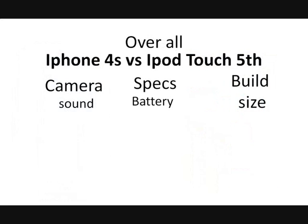Okay, now to my overall view. The iPhone 4S and the iPod Touch 5th generation are very similar. The main difference is that one's a phone and one's not. So it all depends on the price you can get it at and how much you need it to be a phone. If you can get it at a good price on eBay for around 100